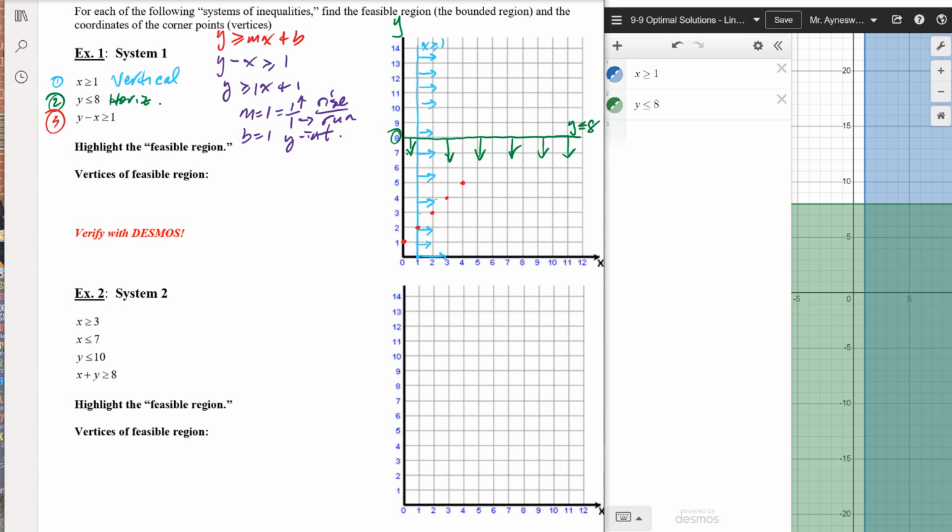All right, and then you just keep on plotting a bunch of points. Take out your ruler, and then draw your line, right? Now it's greater than or equal to, so these are all solid boundary lines. If it was strictly greater than or less than, they would be dotted. Okay? Now it's greater than or equal to, so we want all y values that are greater than or equal